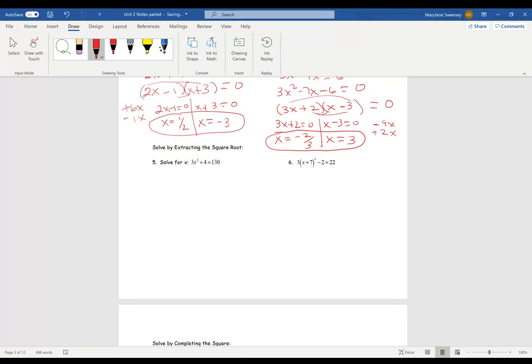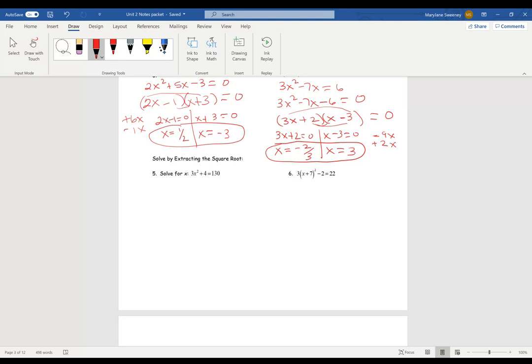Now there's another method, which is solving by extracting the square root. It's not that you couldn't necessarily do it by factoring or some of the other methods that we'll talk about, or the quadratic formula, but we're going to look at solving this one by extracting the square root. And the reason is, like in number 5, if you can isolate the x squared, if there's no x term, so if you just have constants and an x squared, the quickest way to get your answer is to